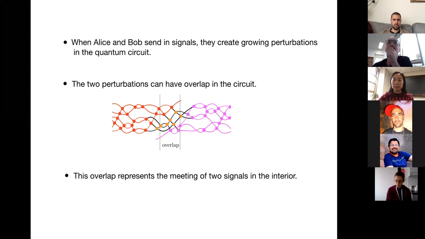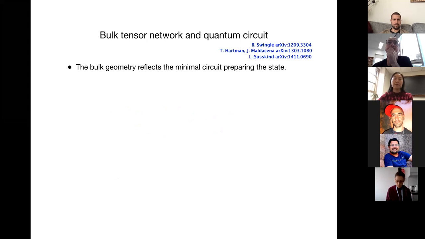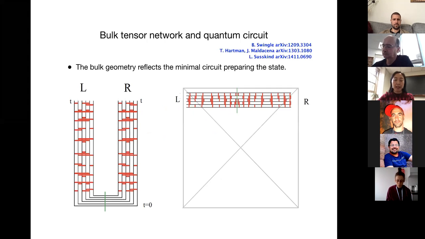So here's the main idea of the talk. If it's not clear for now, that's fine, because this is just a brief introduction. I'll come back to more details later. Let's first briefly review the main idea of bulk tensor network and quantum circuit. It was pointed out by various authors that the bulk geometry reflects the minimal circuit preparing the state. I took this picture from a paper by Lenny Susskind. Let's say on the left,